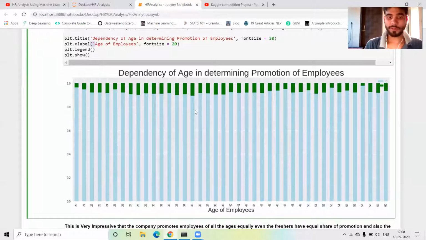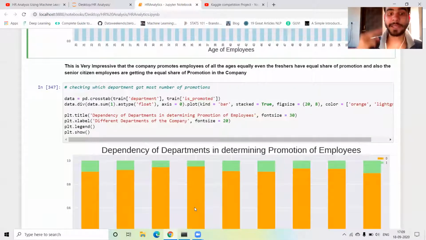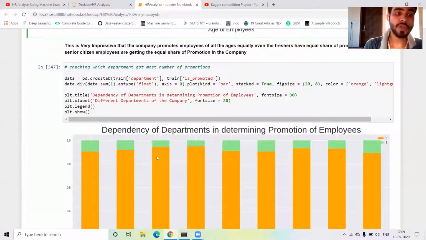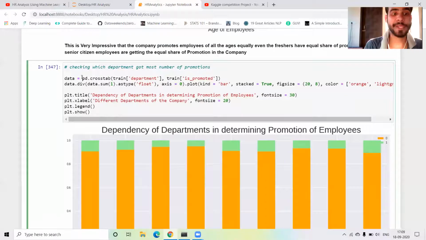Okay, so you have to see, people whose age is approximately 30 or less than 30 get fewer chances to be promoted. If your age is above 30, then your chances of being promoted are high. Okay, next I just take a department column and the promoted column. Same thing, I just write pd.crosstab, take two columns, department as well as the promoted column.